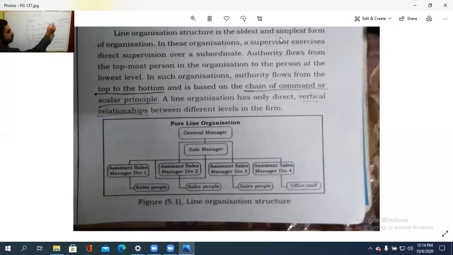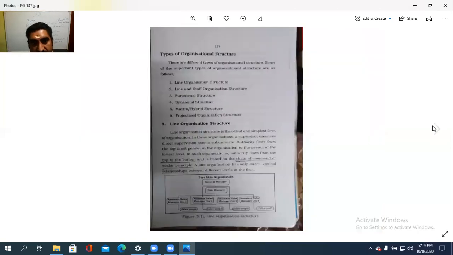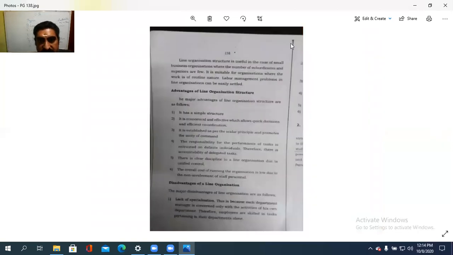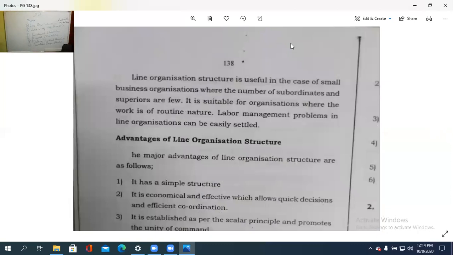Okay, that is the first case. What is that? Line organization structure. As per the figure indicates, from the top to the bottom, there is the delegation of the authority, or the commanding power is there. Then line organization structure is useful in the case of small business organizations where the number of subordinates and superiors are